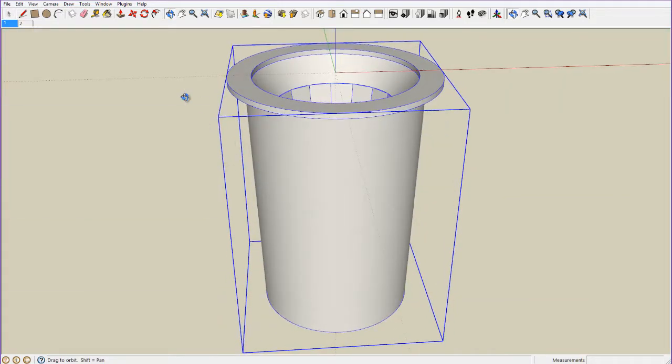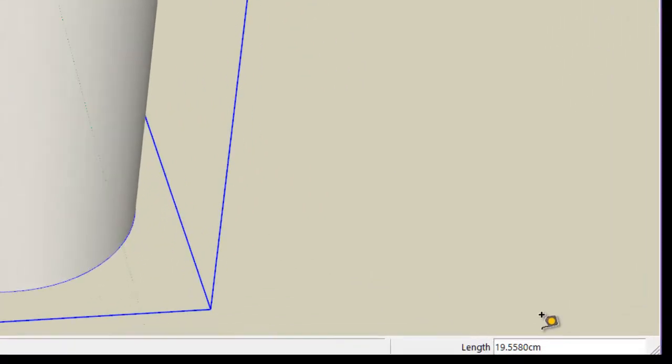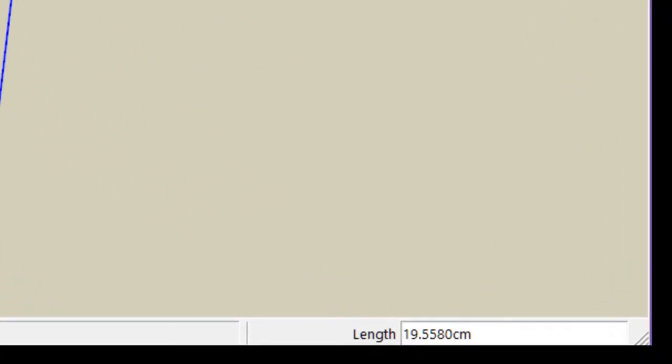Now, another item that is very important, particularly with converted or imported models of luminaires, is that we need to ensure that the size of the model is correct. So we simply can do this by measuring a known dimension on our light fitting. In this case, the ceiling trim diameter is showing as 19.55 centimeters. And in fact, I know that the dimension here should be 7.7 centimeters. So if we enter 7.7,